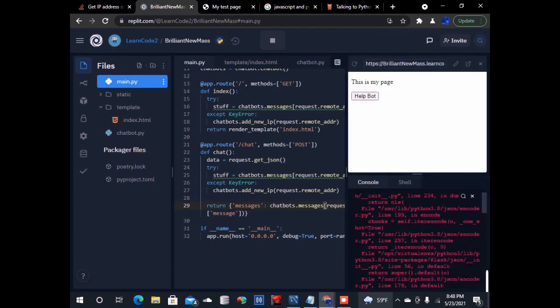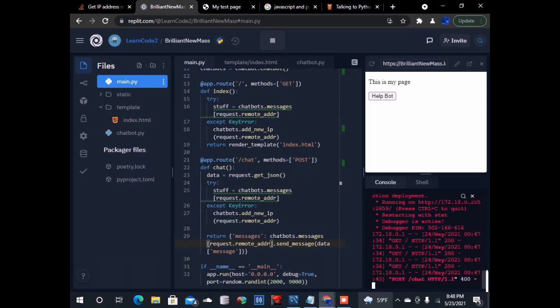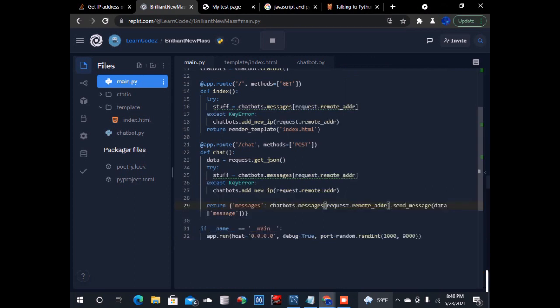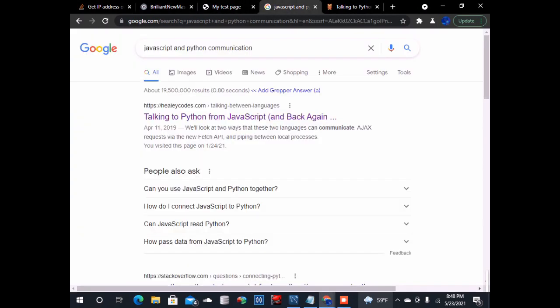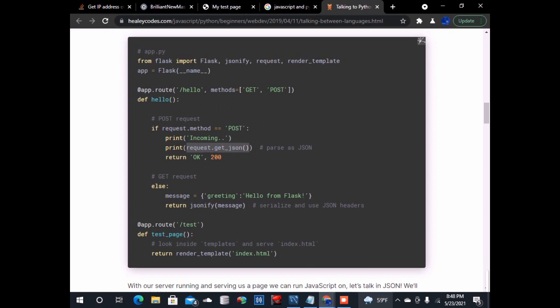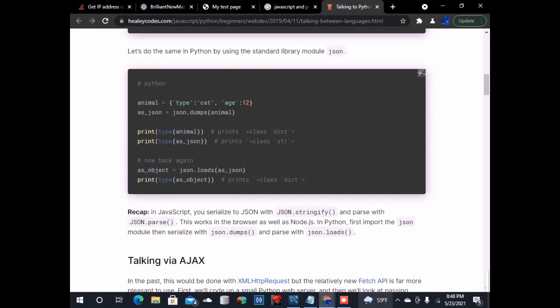Guess it should give me an error. Forgot the JSON. So let's see. Not JSON parts. You need